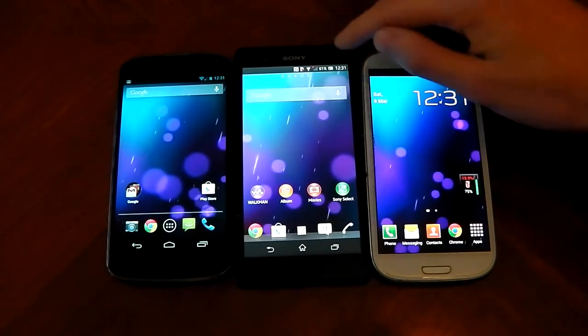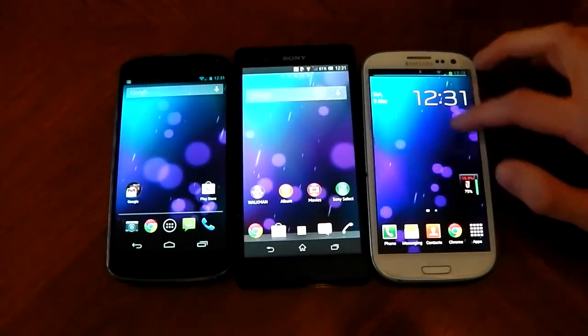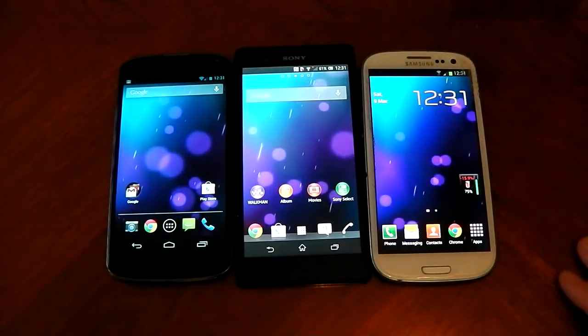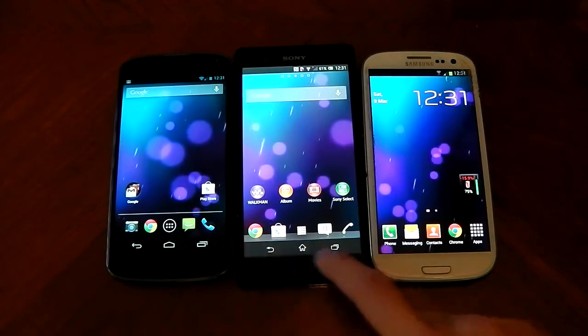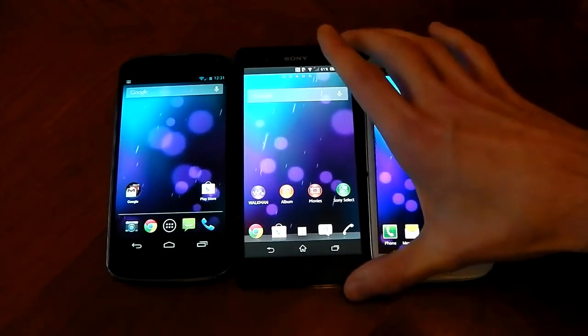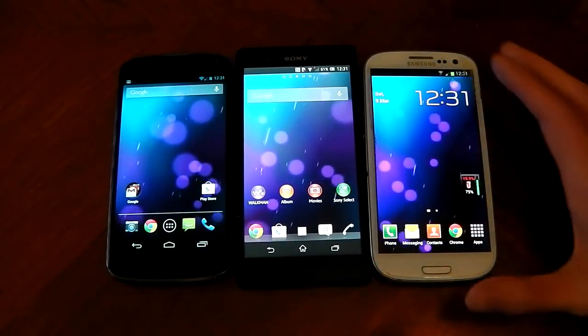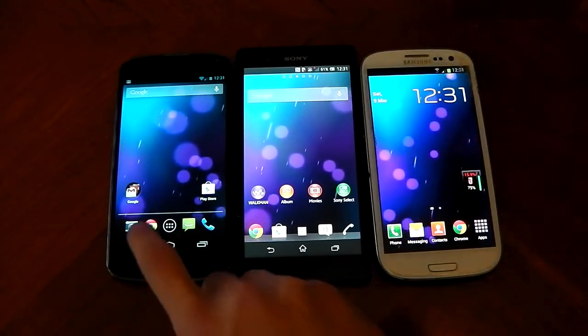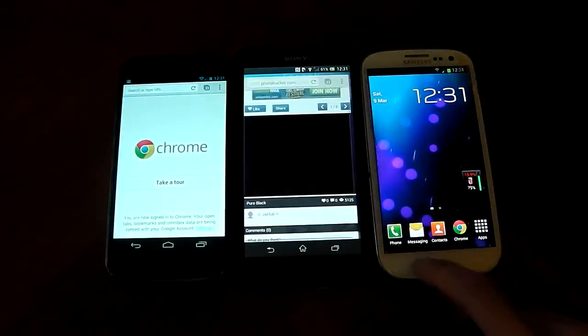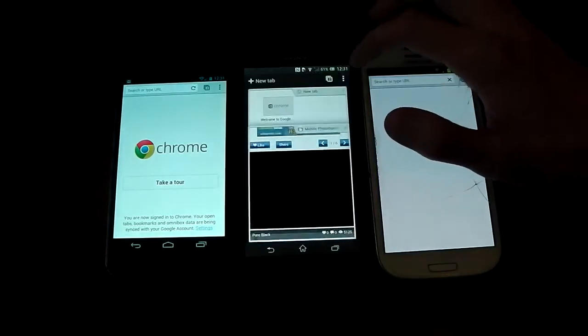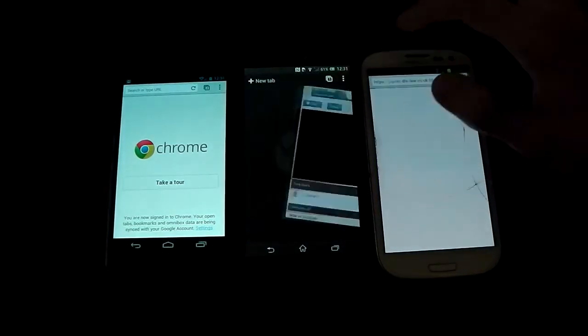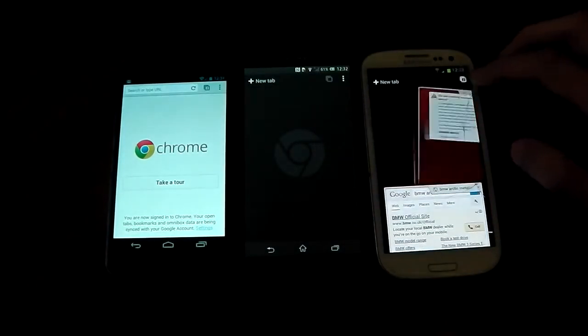Now, I can't really show you the menus and stuff like that because all the menus are different. They're running their own versions of TouchWiz, and there's a lot of gray used here, which doesn't help. But let's test out some pictures. So firstly, we'll open up Chrome and we'll check out the white. So we'll close all these tabs and just get the white image over here,